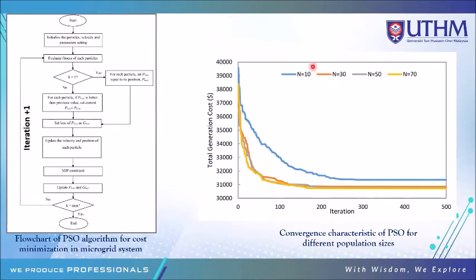Look at this blue line. Let's say we have set our population size equal to 10. At iteration 1, this is the value of the objective function, let's say 40,000. Iteration number 2, they try to find the minimum solution and then PSO can get the minimum objective function, let's say 38,000. Iteration number 3, they try to minimize until